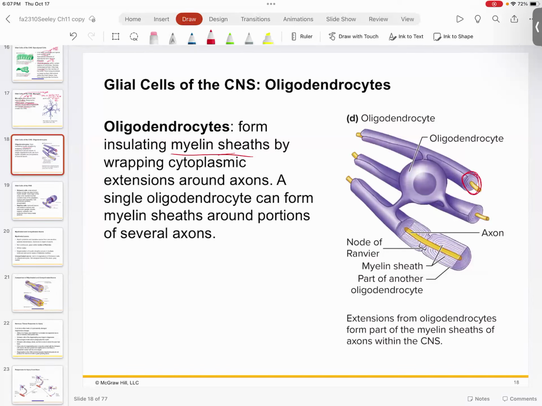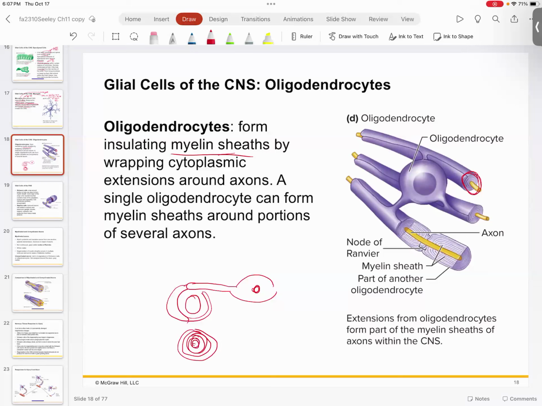If you take a look at the oligodendrocyte, here's the cell, and it's got this little extension, which wraps itself around the axon, around and around, in multiple